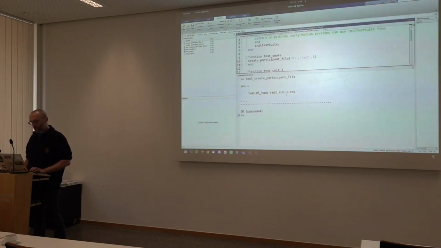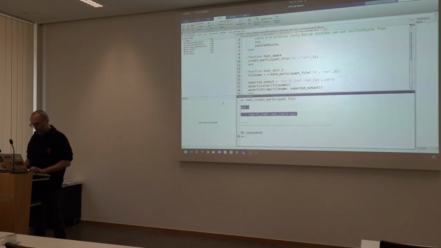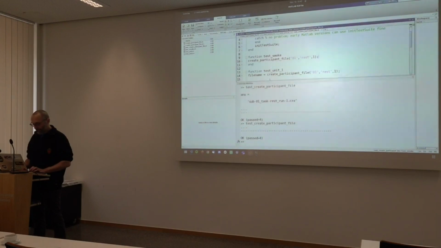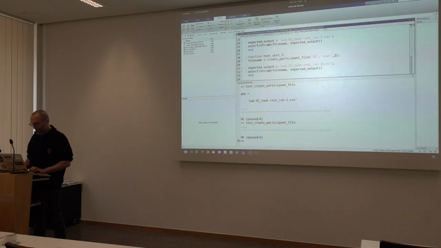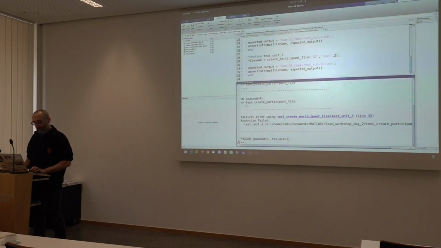Okay, it's not super impressive what's happening here, but we're getting 1 dot for each subtest, so for each test that passes. And if one of them fails, I'm going to show you what this looks like. I'm just going to silence this output here. So good, right, all the tests pass. But if at some point, let's say I change the expected value for a given test, now we're going to get only 3 dots because only 3 of our tests pass, and the last one is a capital F, uppercase F, because it fails.